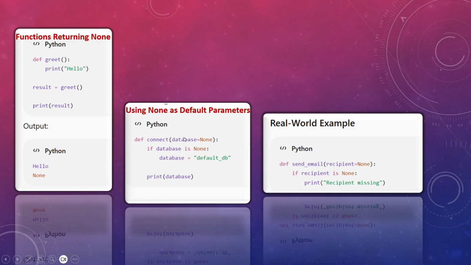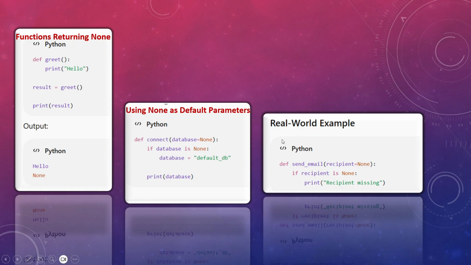Using None as a default parameter. So if you see here, this is the parameter. database is a variable that basically, when we call this function, we will have to pass the database value for the database. But since you need to have a default value here, what you will assign it as is equal to None. You won't keep it empty, because what? So that internally there would not be an exception, right? If the user does not pass anything, an exception will break. So the default value is None.